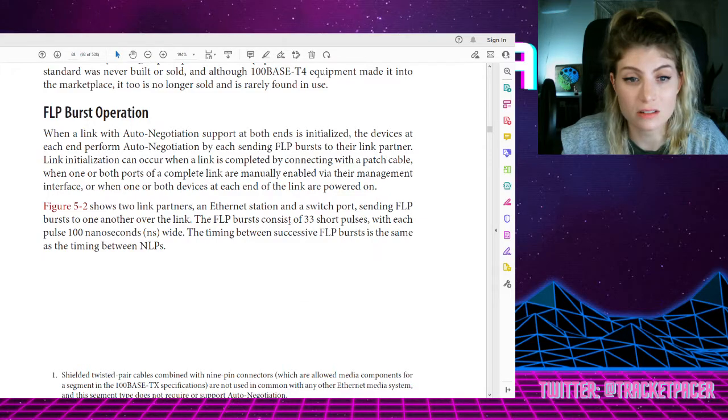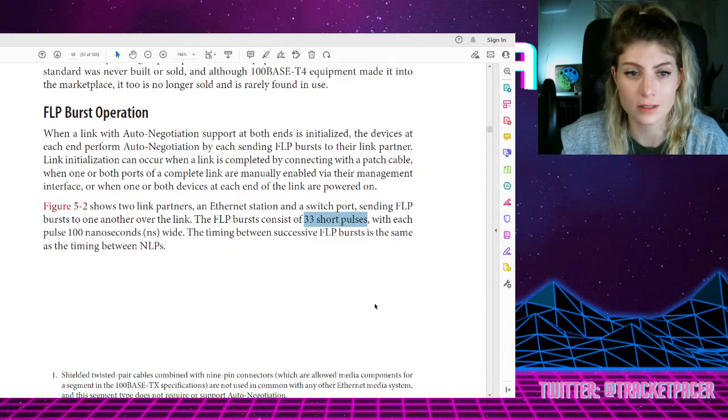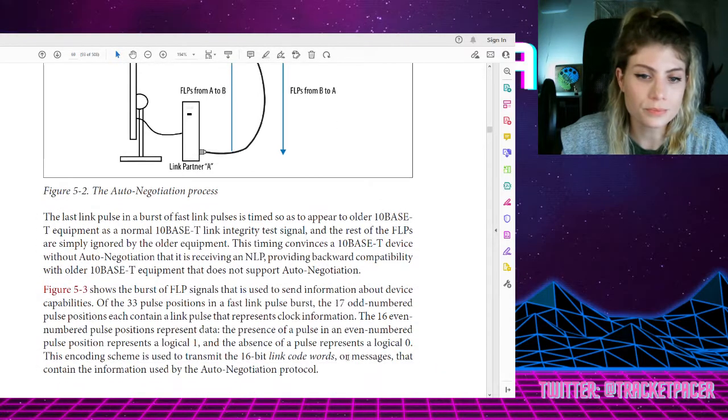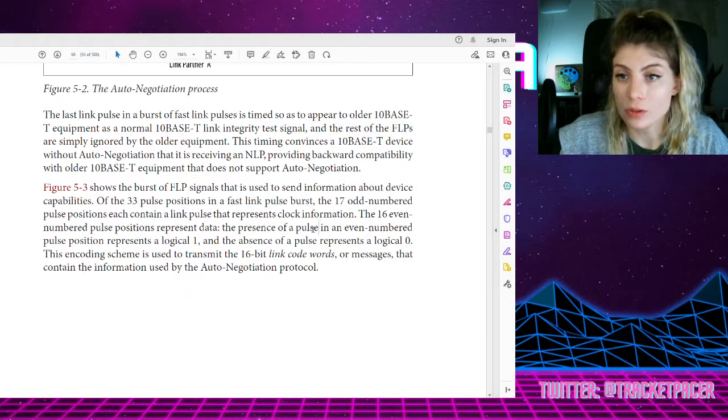I hate that phrase. So I guess an FLP burst is 33 short pulses all at once, really fast, right? So when they say pulse positions, we're talking about just a short pulse rather than the burst of fast link pulse. I'm trying to figure this out. Of the 33 brief little pulses that make up a fast link pulse burst,